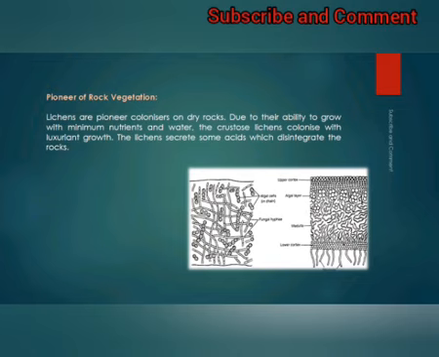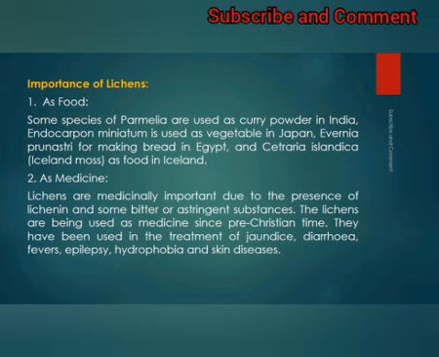These are used in the treatment of tuberculosis and lung disease. So tuberculosis and lung disease, these are very important roles of lichen in drug development. Another one is Usno, which is also developed from the lichen. This is an antiseptic cream, Usno. Next is dye formation. Litmus paper is prepared from Lasallia pustulata, which is used in the laboratory as an acid-base indicator.